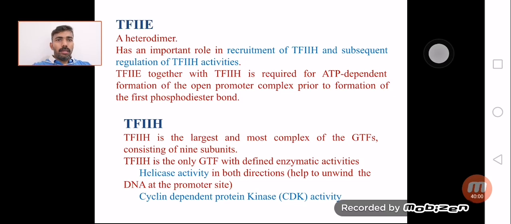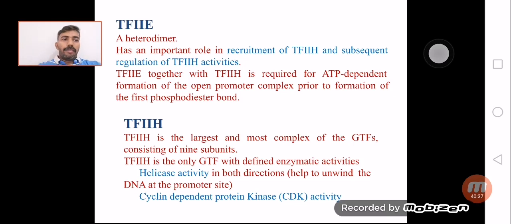Then the TF2E is a heterodimer again. It has a role in the recruitment of TF2H. That is the importance. Since TF2H is important, the recruitment of TF2H becomes so important for the transcription process. And together with TF2H, TF2E also is required for the ATP dependent formation of an open complex prior to the formation of the first base to be added, or the phosphodiester bond formation between the bases,